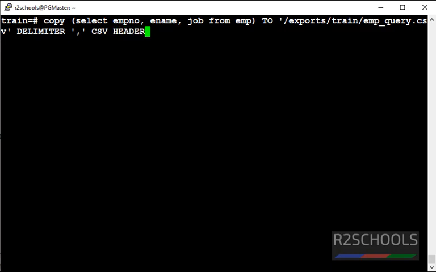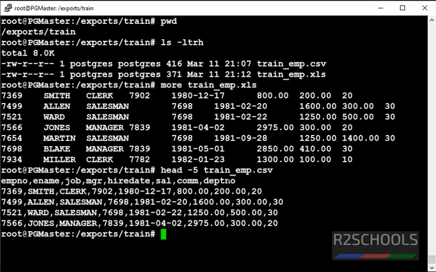Header means it includes column names. See, it has successfully copied this query result to this emp_query.csv file. Let's verify. Go to that path.